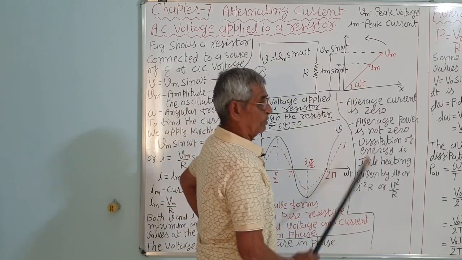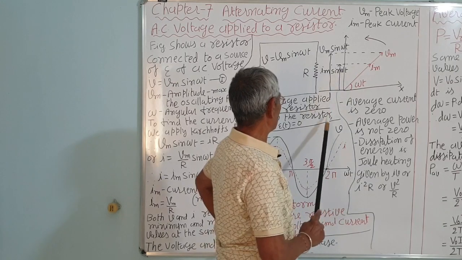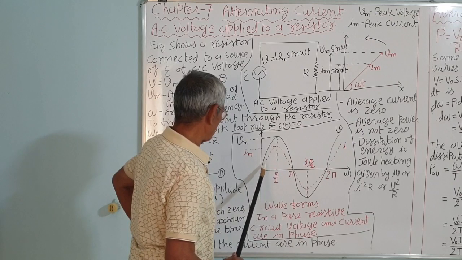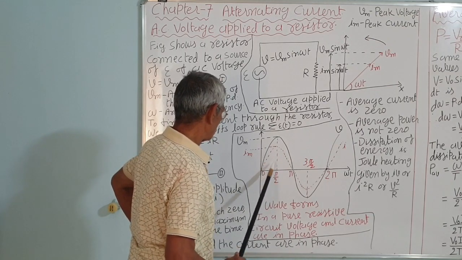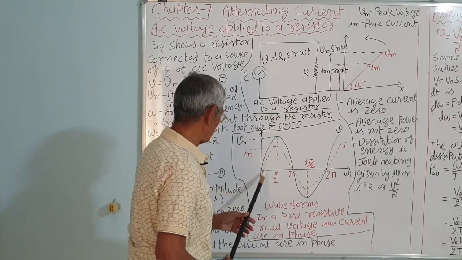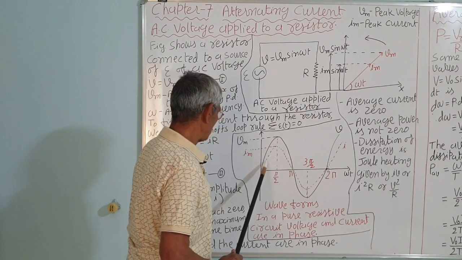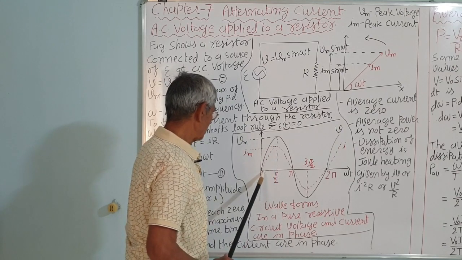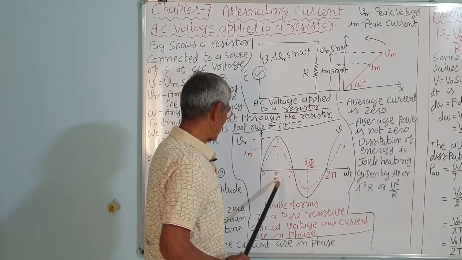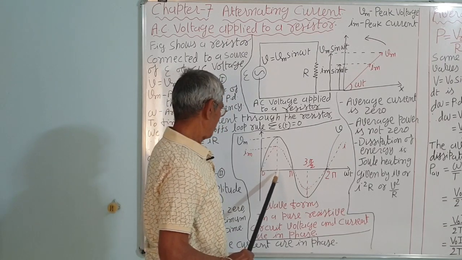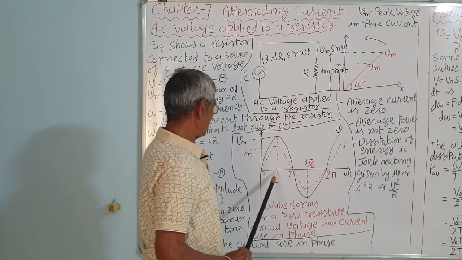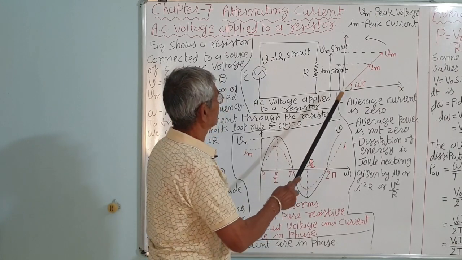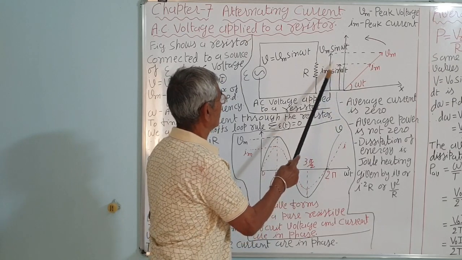Next, what is average current? This is the instantaneous current at this time. If you take T1 at this time, then this is the current value, at T2 this is the current value, and so on. Correct? This is T equal to 0. This is pi by 2 or T by 4, that is, quarter cycle. This is pi or T by 2 time. So in one rotation T, it will complete the circle.